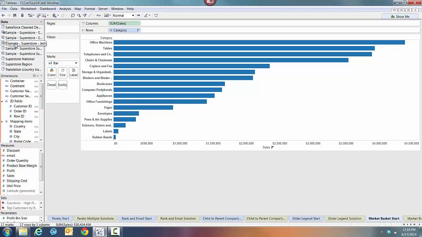So at what level do we want to do our analysis? Well, we want to do our analysis for every single order, right? So the level at which we want to do our market basket is essentially the order ID level. So what I've done now is I've duplicated the source and established the relationship not on category or anything else, but on the order ID level. And basically what this now allows me to do is bring in my category from the secondary source and plug it over here,